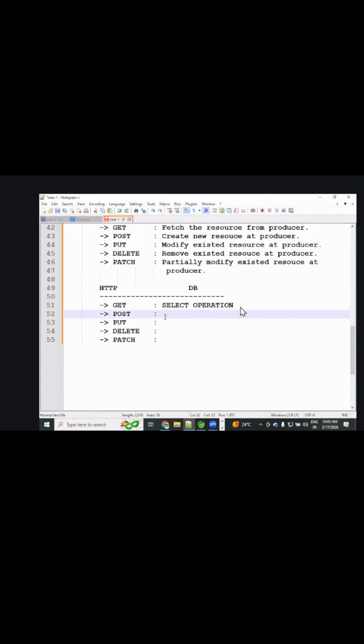Okay. Post purpose is what? It performs an insert operation. Put purpose is what? Put and patch, both are modifying the data.